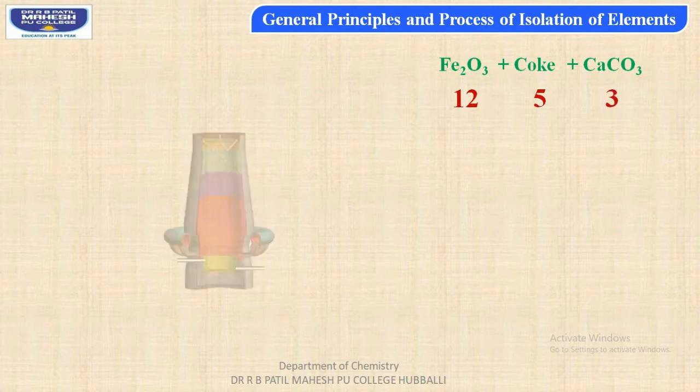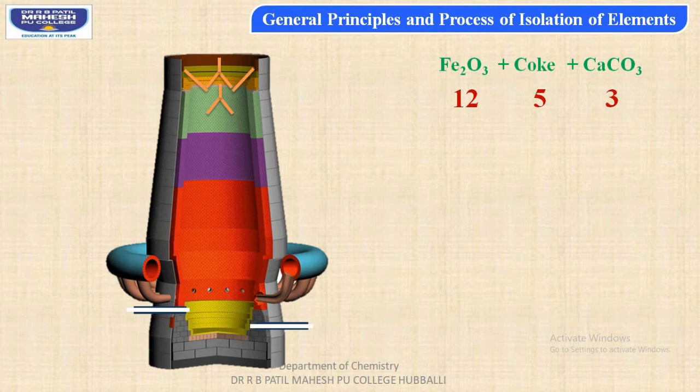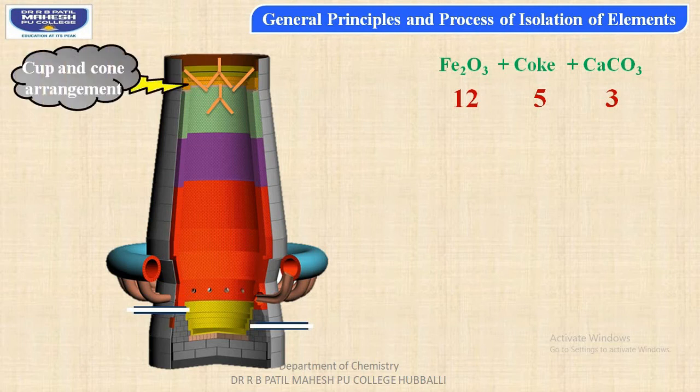That is, a 12:5:3 ratio. Then, students, in the adjoining diagram you can observe the blast furnace, which has a cup and cone arrangement. Right at the top of the blast furnace,